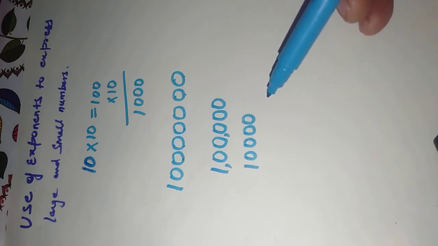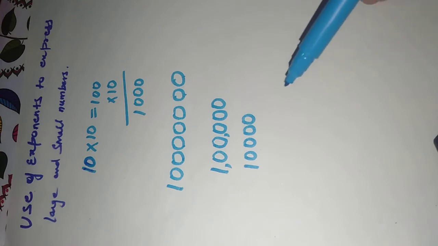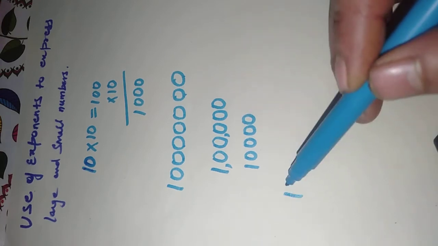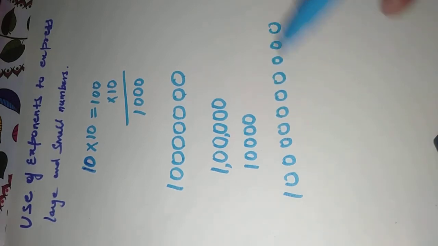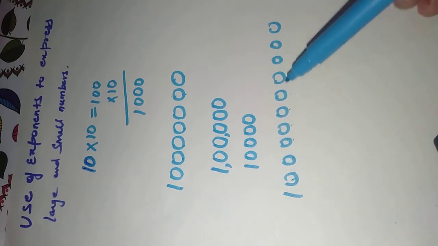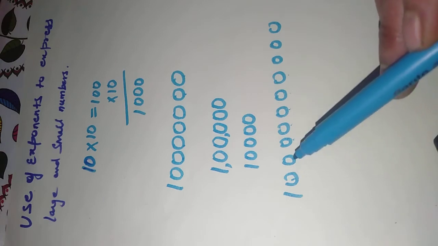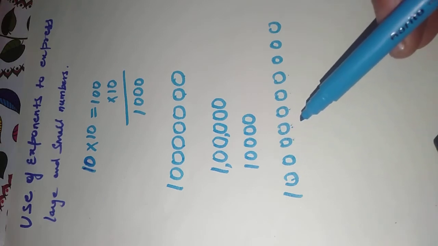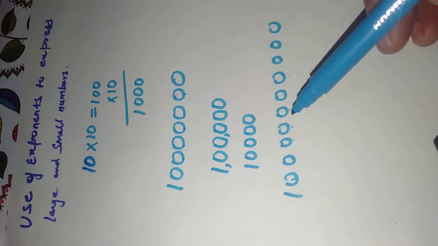In the question paper, suppose a large number is given and you are counting the number of zeros. For example, let us suppose that this number is there and we are counting 1, 2, 3, 4, 5, 6, 7, 8, 9, 10. Total 10 zeros are there. Now while counting, when you reach 1, 2, 3, 4, suddenly another teacher comes for the correction of the paper.